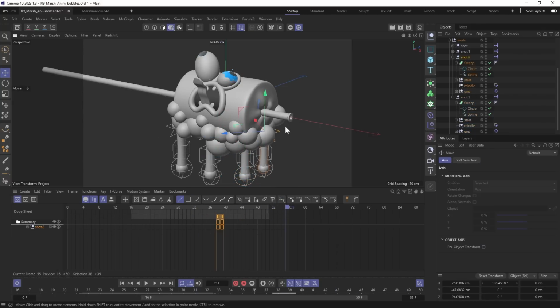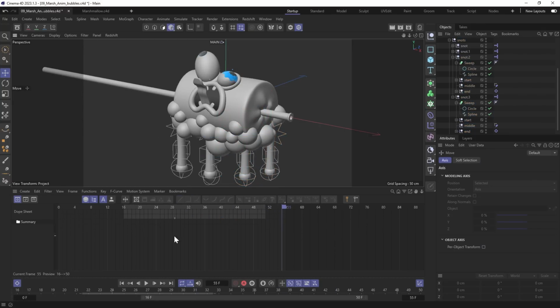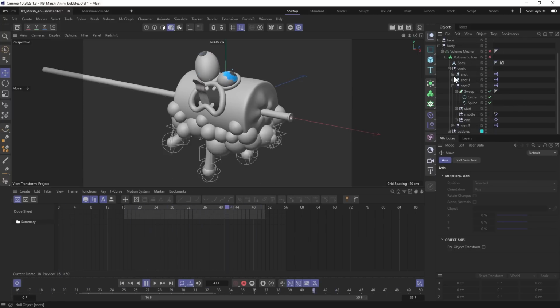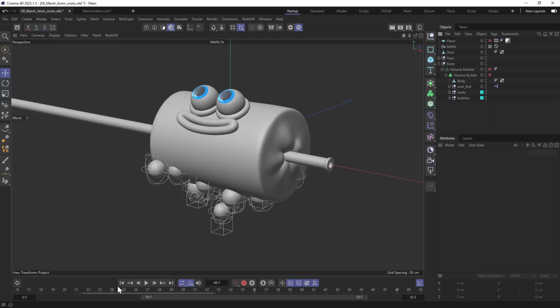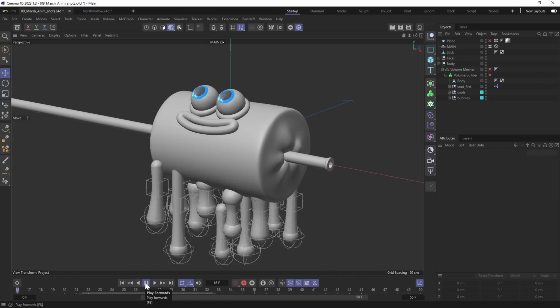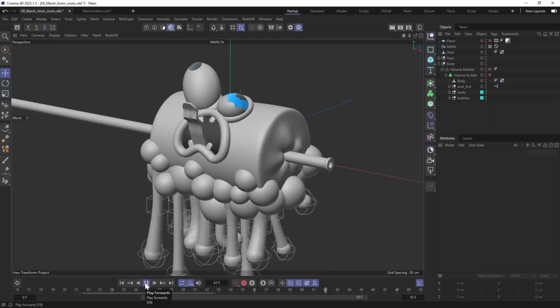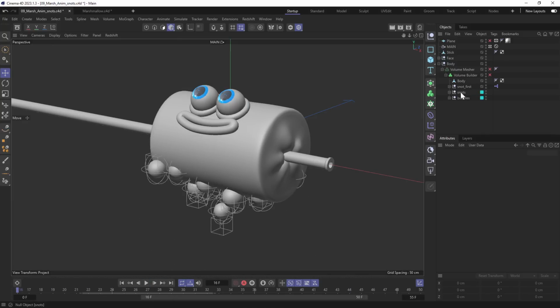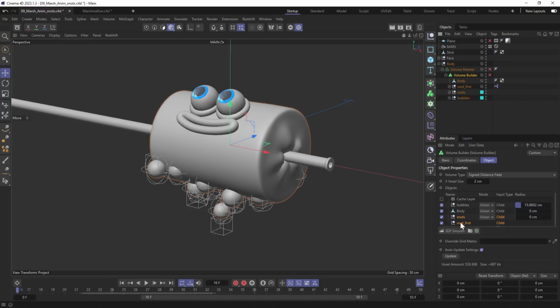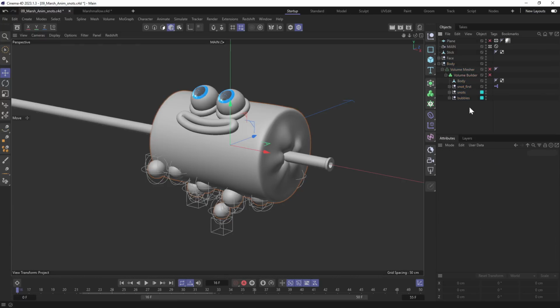I'm not going to show you how I did everything because it takes a lot of time and the work is pretty repetitive. I'll just show you the final result. As a result, I got this animation. I separated the first snot from the others and called it snot first, and the others are inside the null called snots. I did this because they appear in different moments of time and I want to animate their visibility.